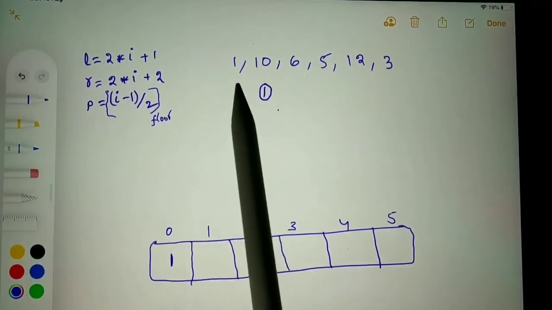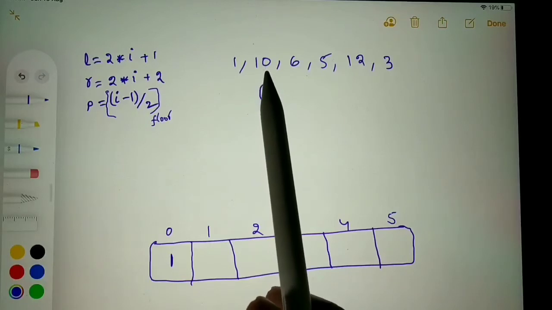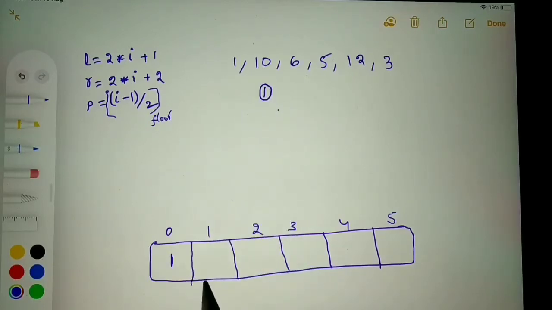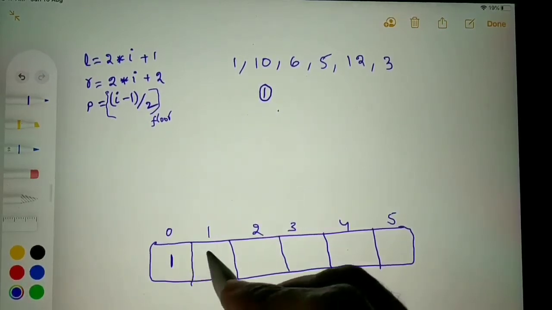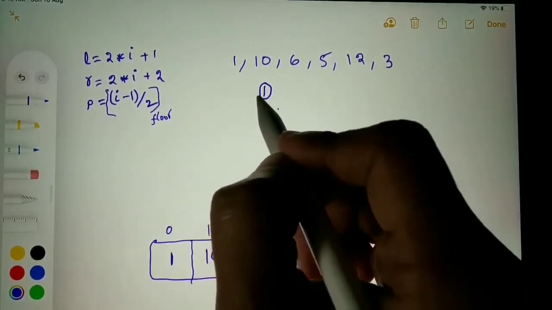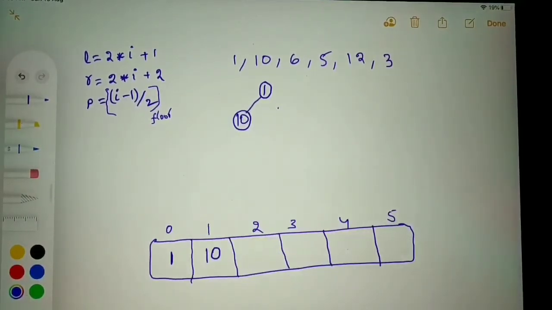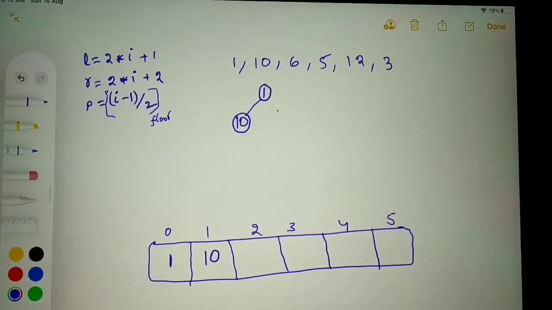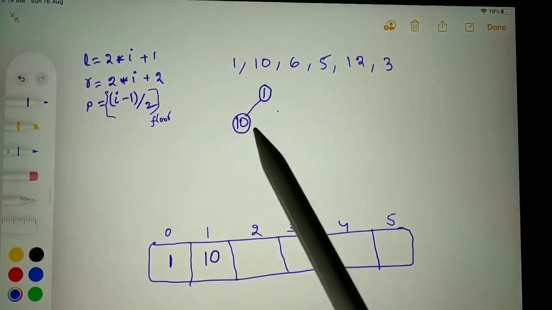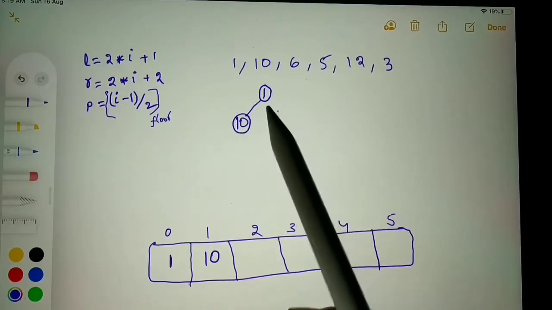And because 1 we have added, then I will move on to the next element, that is 10. I can directly add 10 to the array at the end. This is exactly equivalent to this one. So once we add a value to the array, we will check whether it is following heap properties or not. After inserting a node, we will compare it with its parent, and if the current node is greater than its parent, we will swap.